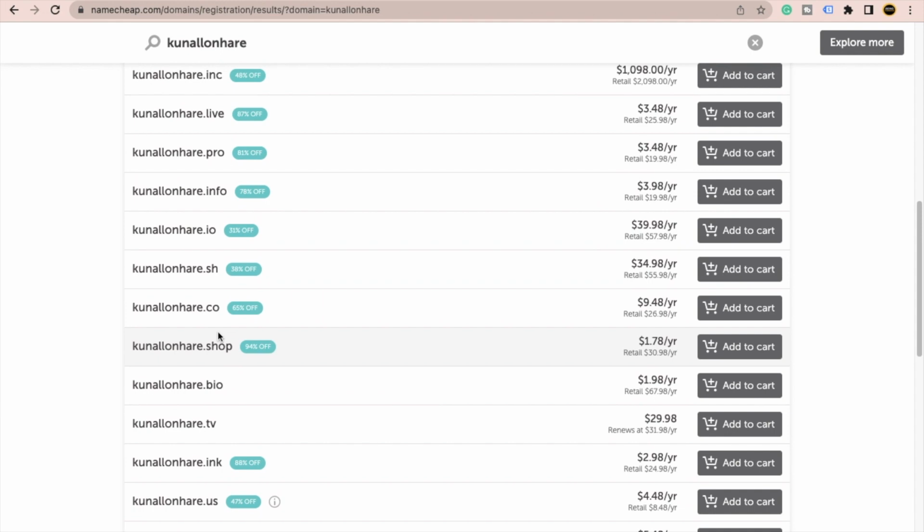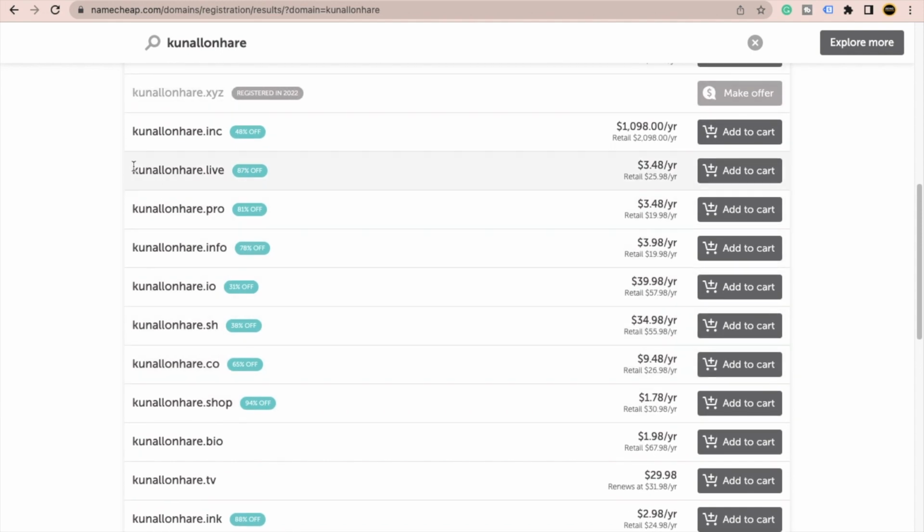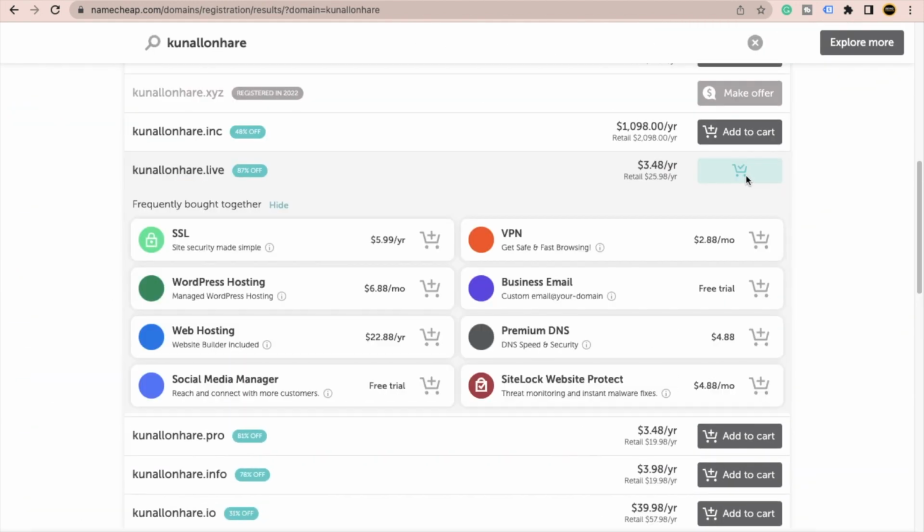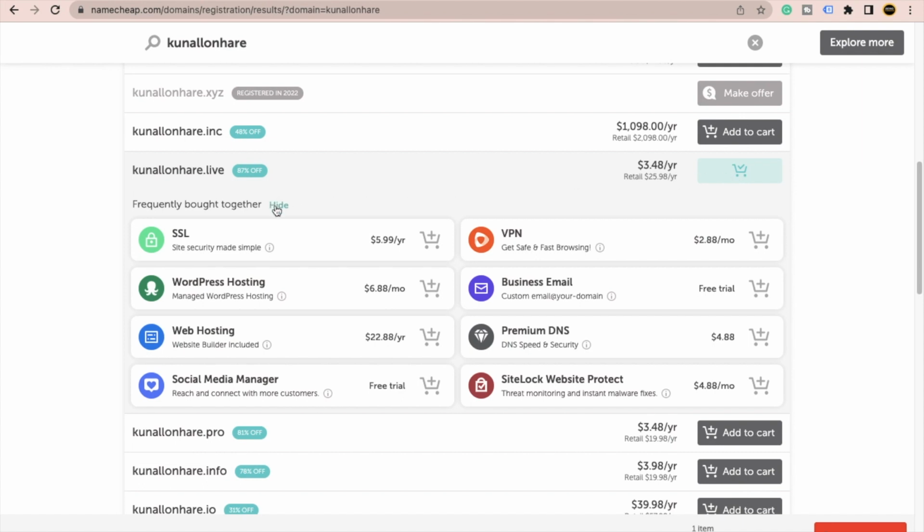Okay, so in this case, I am going to purchase this one, kunallunari.live, because it is available. Just for a dummy purpose, I am going to purchase this domain. Just click on the button called Add to Cart, and you can see that here